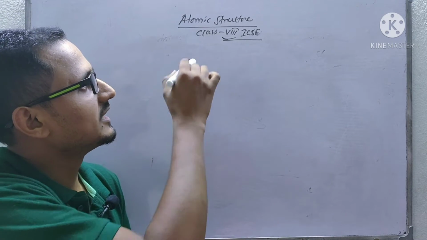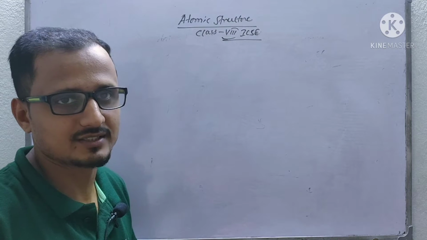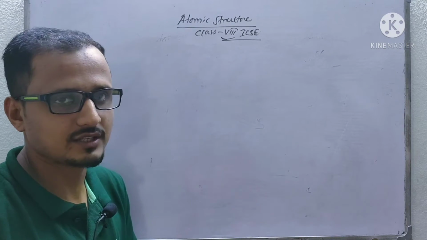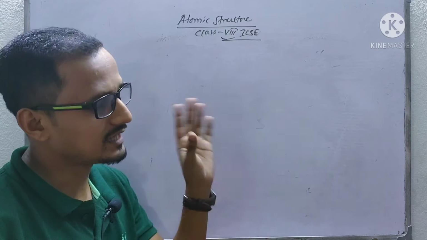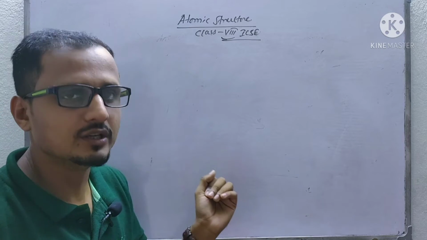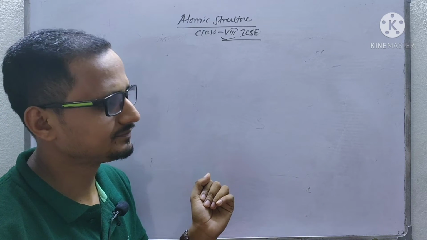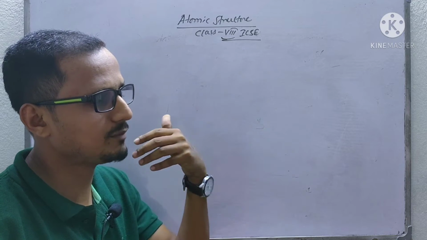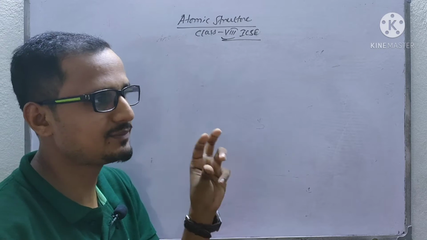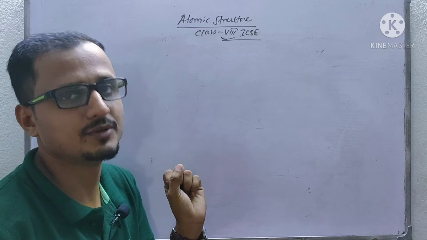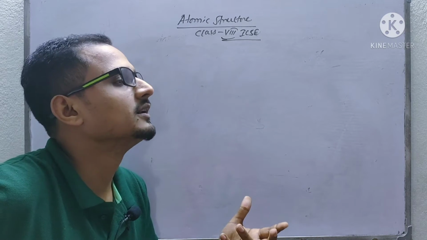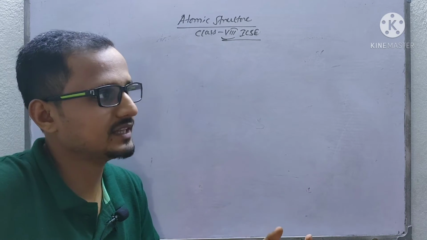We are discussing atomic structure of Class 8 video classes now of ICSE. In previous videos, the last day I discussed the Bohr atomic theory. I told you in Bohr's atomic theory the postulates and how the maximum number of electrons is counted in a particular orbit. Now I am just recalling that one again, what Bohr has told.